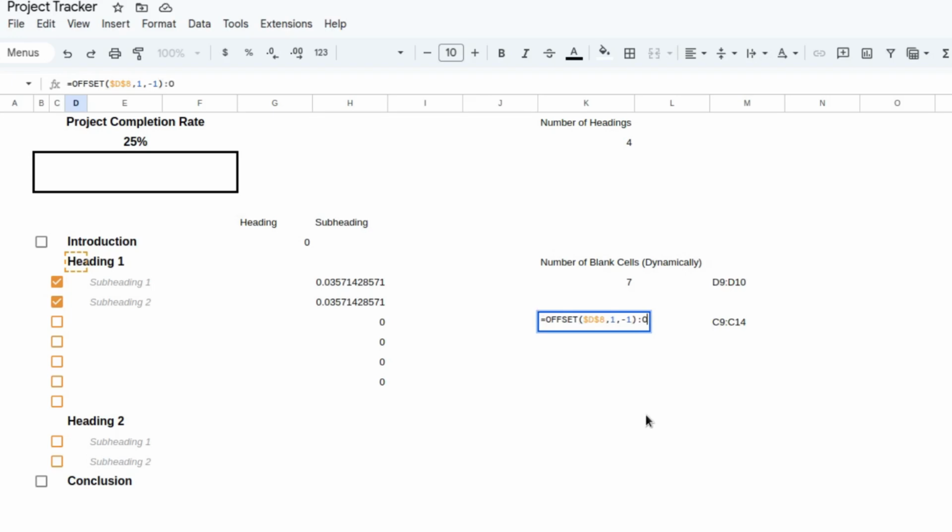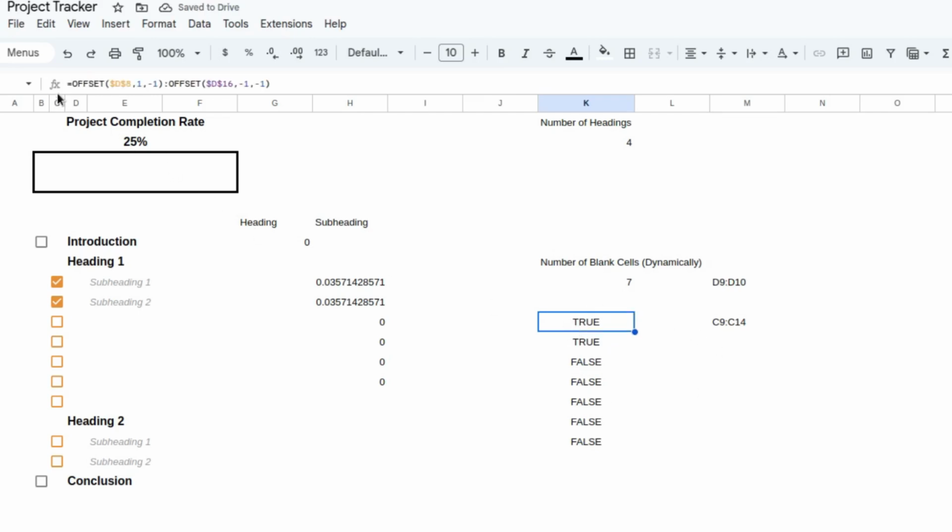Colon, let's make the second part of the range. So OFFSET, this one is the starting point, make it absolute reference, comma, I want to go one row up, so -1, comma, again one column left, -1 again. So this is our